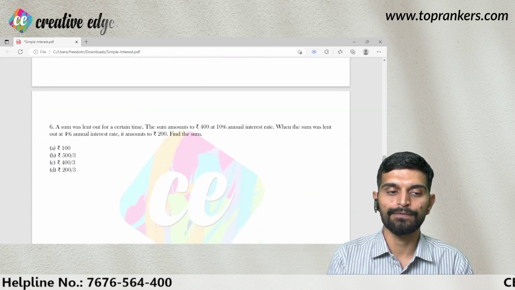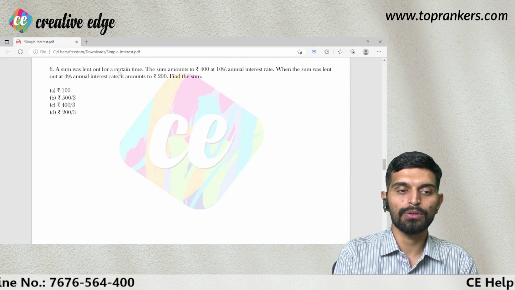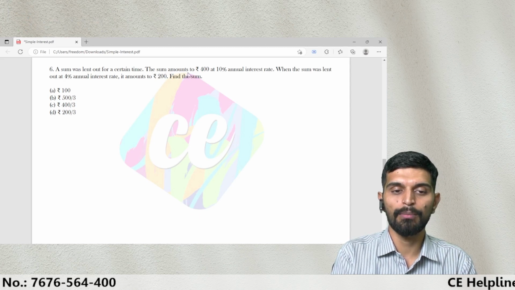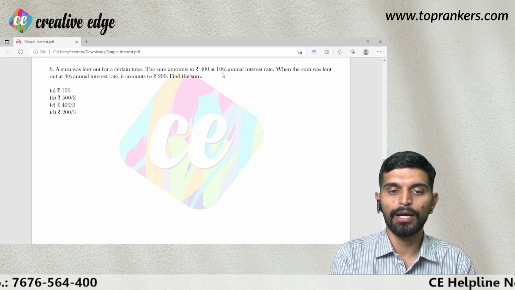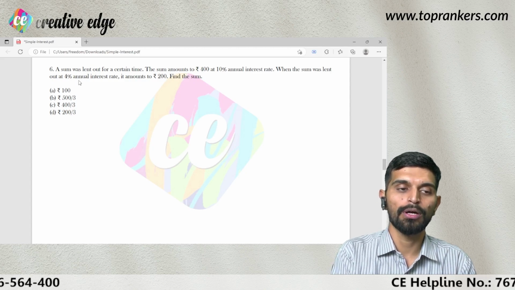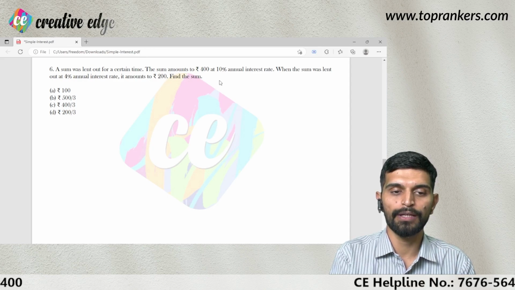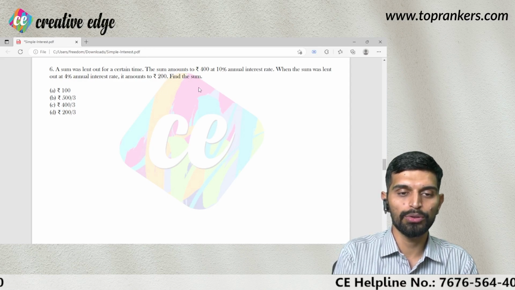Next we have: a sum was lent out for a certain time. The amount was rupees 400 at 10% annual rate. When the sum was lent out at 4% annual rate, it amounts to rupees 200. Find the sum. So in both the cases,